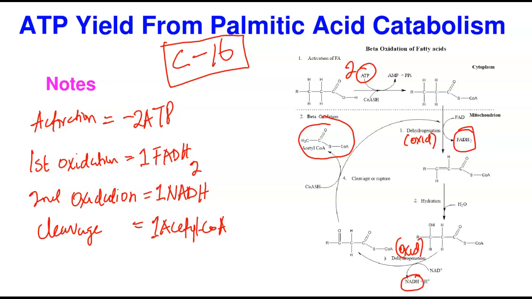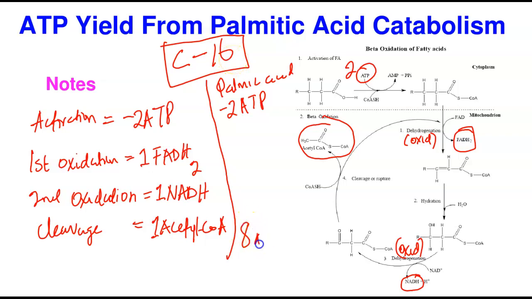I should have just had the note for fatty acid directly, so let's go to palmitic acid directly. This is a general note. For palmitic acid, in activation, we'll also take 2 ATP. Now, how many cycles will you have? Remember, if you divide 16 by 2, it gives you 8 acetyl-CoA. Let's start from there. So we're going to have 8 acetyl-CoA.